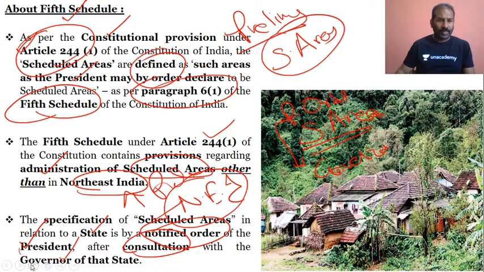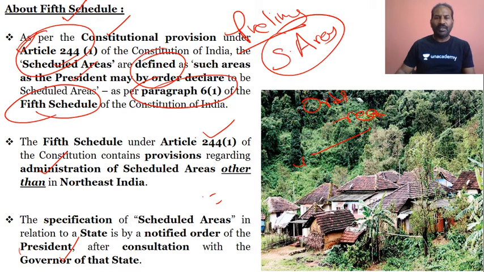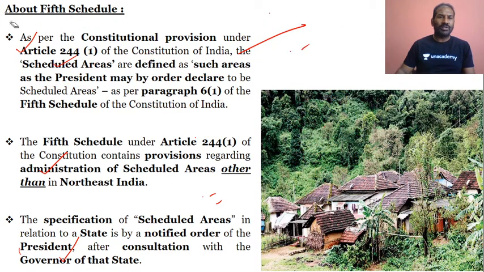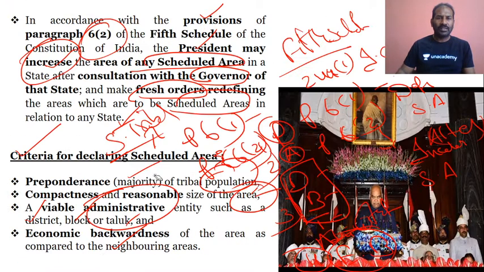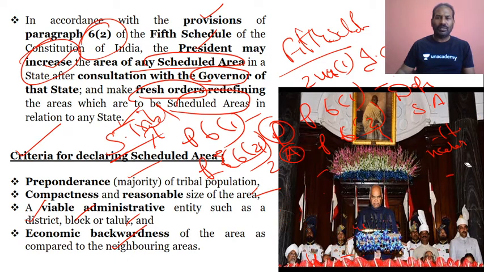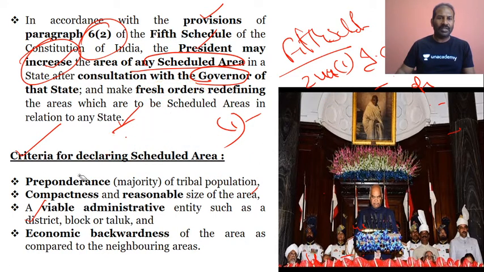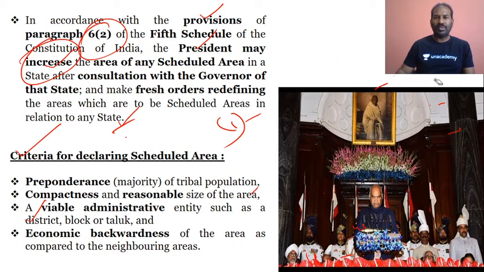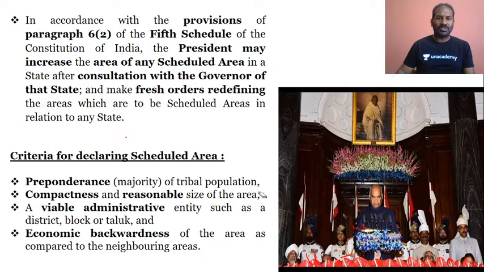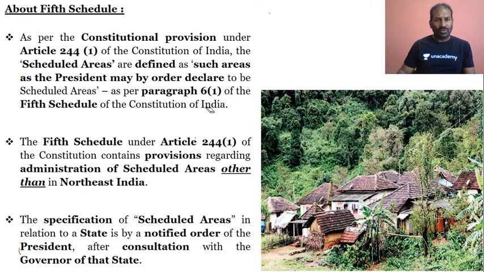So we have looked at various aspects which are really very important for you from the prelims and also the mains point of view, because this judgment will make sure that it will provide at least one or two questions in the prelims and also in the mains examination. It could be under the scheduled areas, tribal areas, or it could be in regards to the quota system, it could be in regards to equality, it could be in regards to the Fifth Schedule, it could be in regards to Article 371D, or it could be in regards to Part 3 of the Constitution, or it could be in regards to Article 244(1).